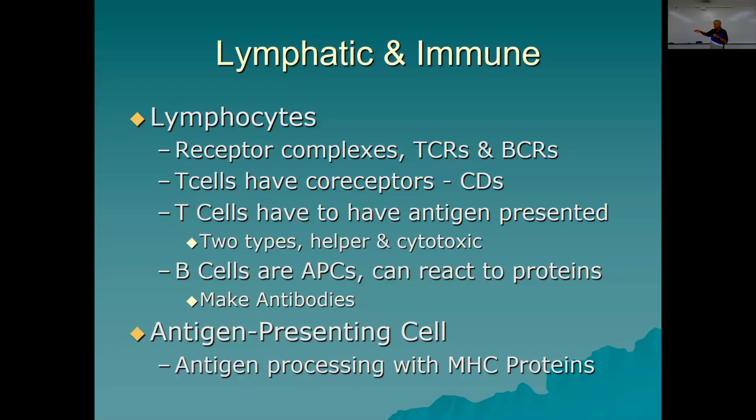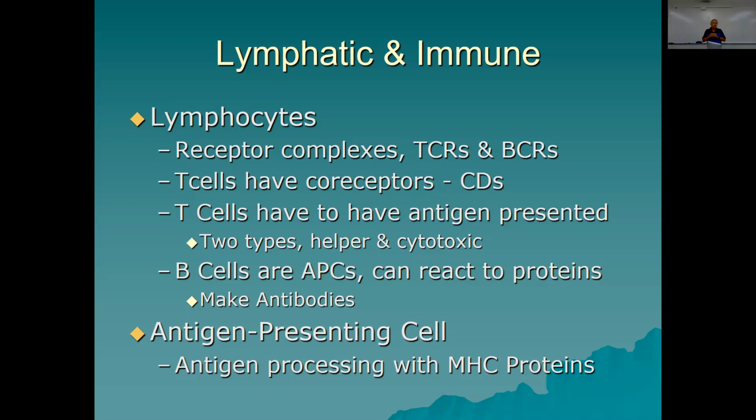And I just mentioned, there are two types of T cells, helper T cells and cytotoxic T cells. They have different co-receptors, one of them CD4, which is helper cells. Sometimes they're called CD4 cells. And then we have the cytotoxic cells that have the CD8 receptor, and sometimes are just called CD8 cells. Now this antigen presentation, I'm going to get into in a later slide, and probably in a later video,